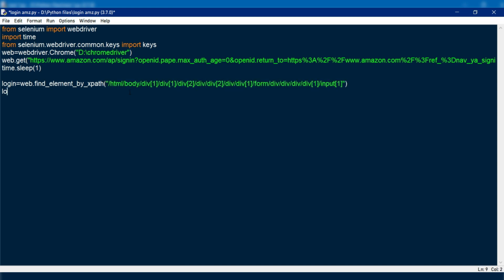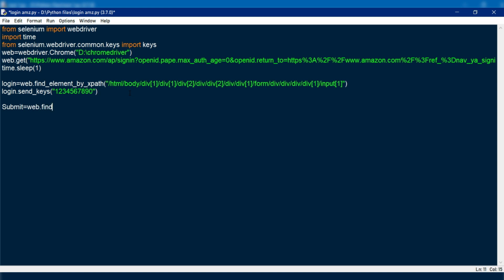Go to your code, paste the link in the login variable and write login.send_keys. This is the input value that you are going to send to the particular input field, that is your phone number. Inside this, you need to write your phone number or email ID. Here I just gave some random numbers for explanation purposes.